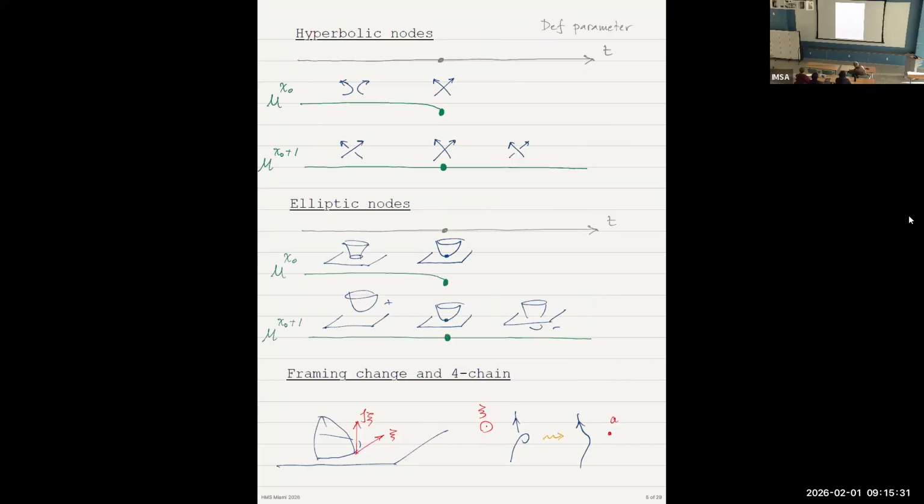It's like in any crossing, positive crossing to negative crossing. Okay, and the last one, this last framing change, has to do with how we try to measure this